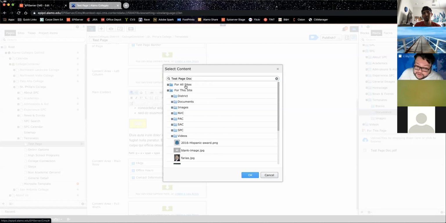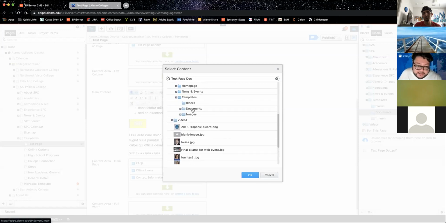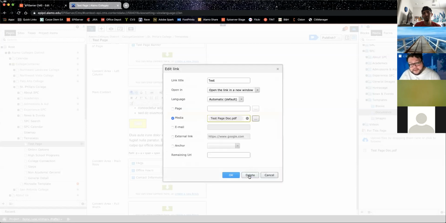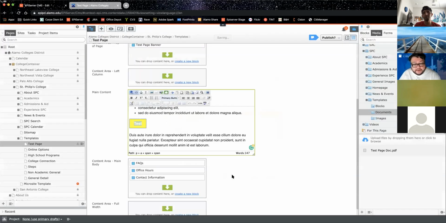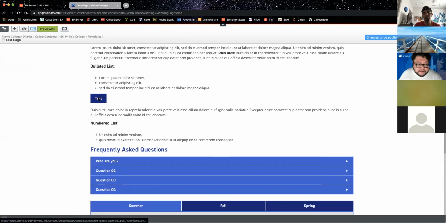So you don't look for all sites. This is showing all district stuff. Go for this site, which you can narrow it down to St. Philip's. And I'm looking under templates in my case and documents here. And now I see test document. And then I click OK. Once I click OK, the document's showing there. I can click OK here. And it should be linked there. So if I do a preview and click on this link,